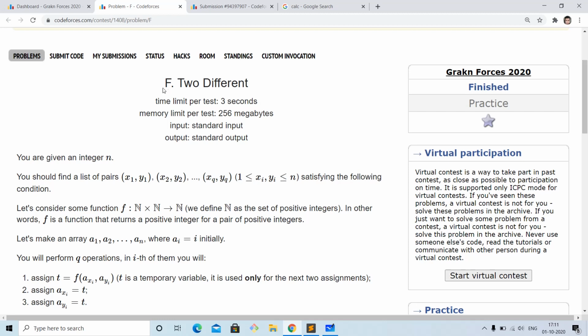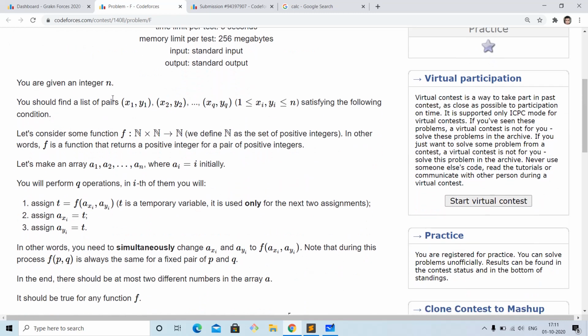Hello everyone. In this video, we're going to discuss the problem F2 Different of Codeforces Round 2020. The problem is: we are given an integer n and an array a1, a2 to an, where ai is equal to i initially. And then what we have to do is find a list of pairs x1, y1, x2, y2, up to xq,